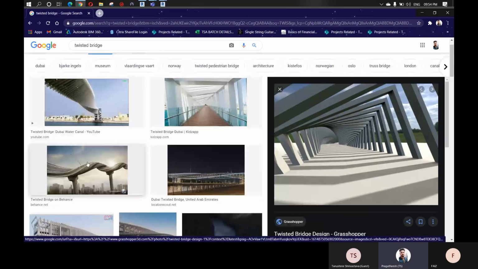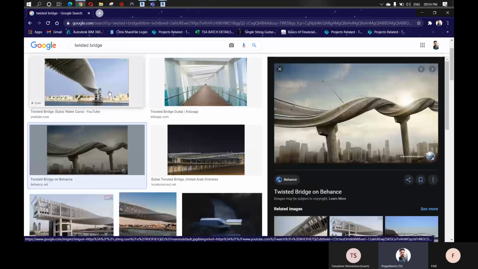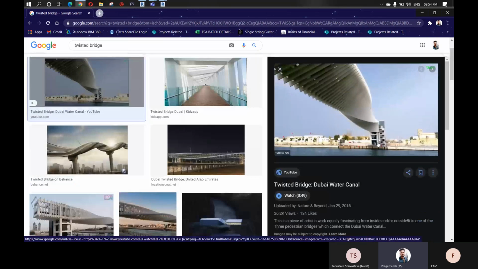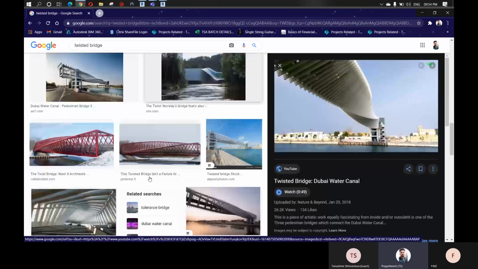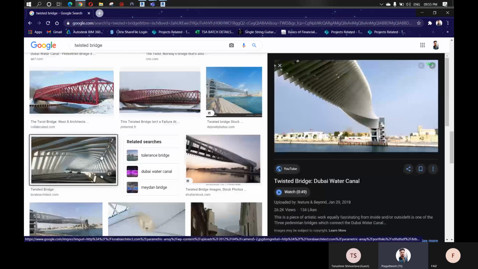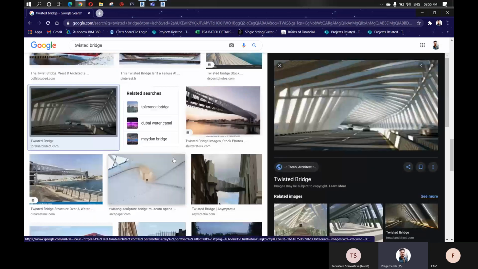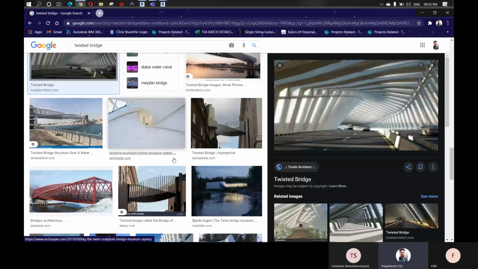Imagine that you are going to create a bridge like this, and you have made it parametric. With a number slider, you can change the distance between all these elements, and you can rotate the twisting, the radius, and all these things. There are lots and lots of examples of why we are using visual programming instead of just a BIM software.